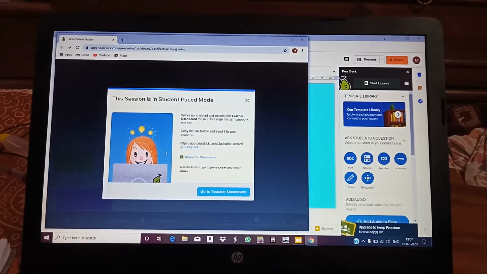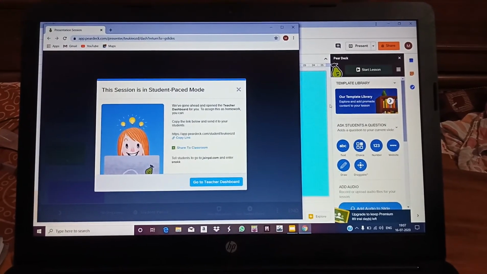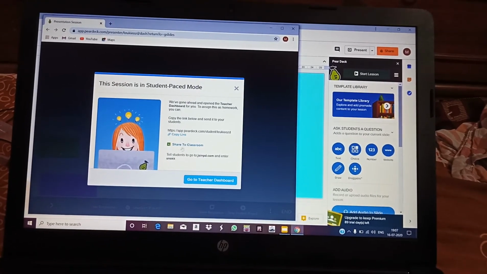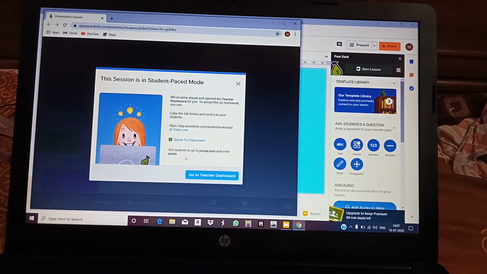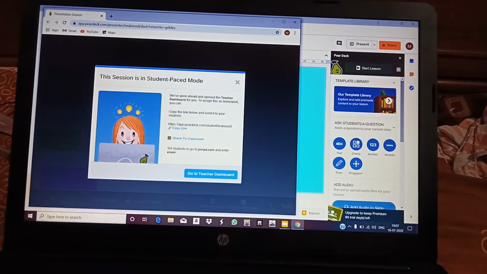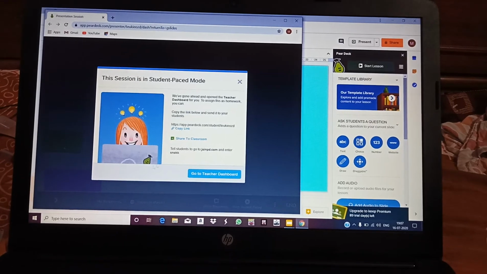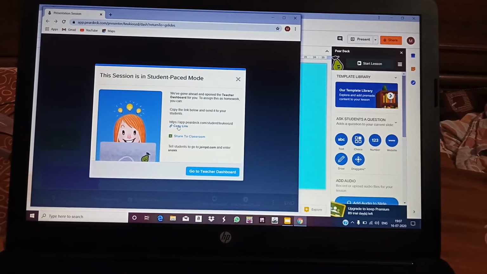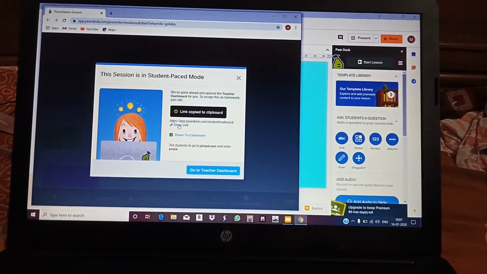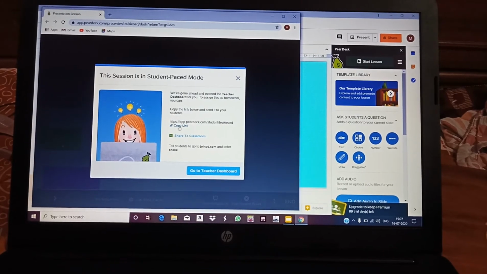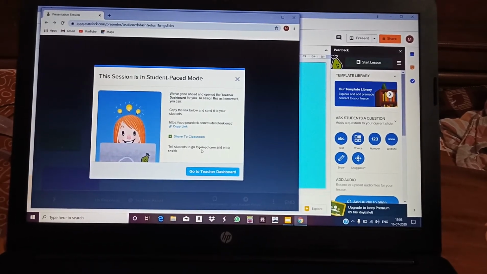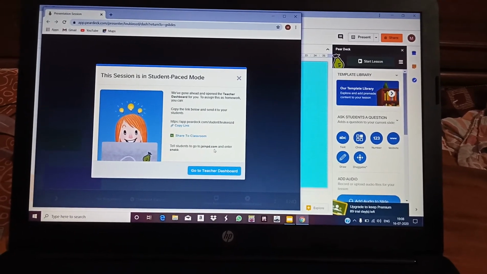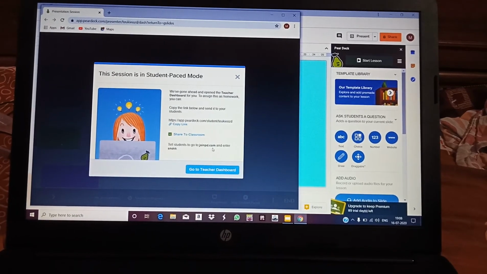Now this page is the most important page of the Peer Deck. As the manager area was important, this page is also very important. You can see here the copy link option, share to classroom option, and some text telling students to go to joinpd.com and enter the code. Now every time you make a new slide, you will get a new code, but this site joinpd.com will be the same. You can copy the link as I have copied for your personal or future use. Now you have to note down joinpd.com. This is the site which you will enter in any browser like Google or Bing or any search engine.